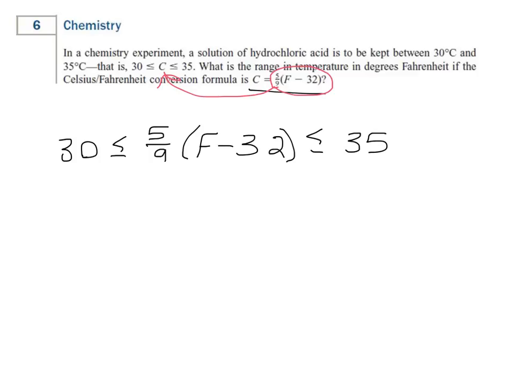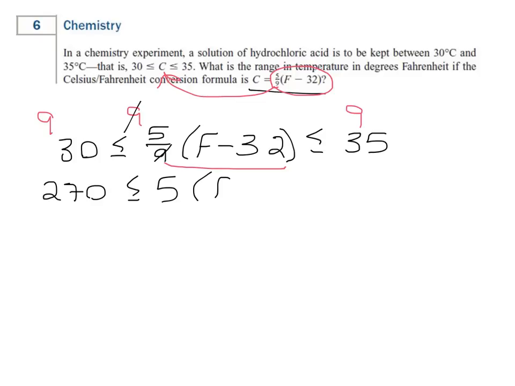Okay, two things we can do here. We can distribute the 5/9 through or get rid of the fraction. I'm going to get rid of the fraction. The common denominator is 9. Notice that the 5/9 is attached to this, so it's like you're multiplying the whole thing. 9 times 30 is 270, which is less than or equal to 5. The 9's go away. (F minus 32), less than or equal to